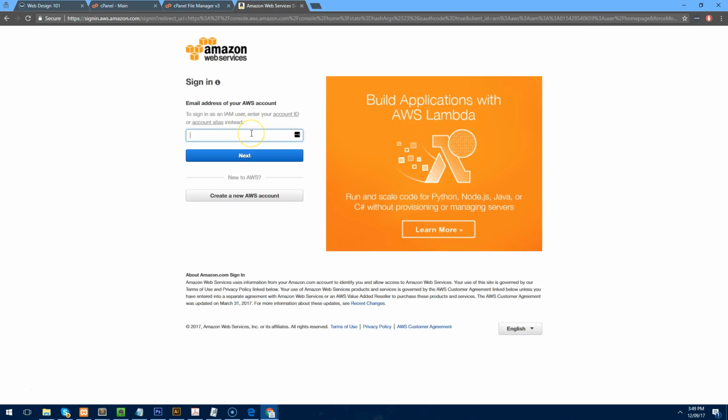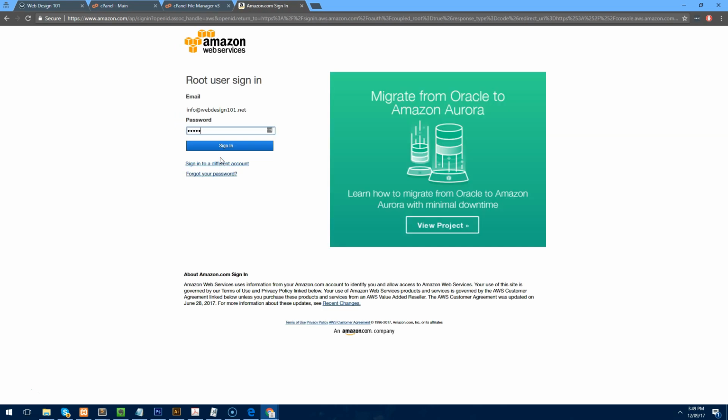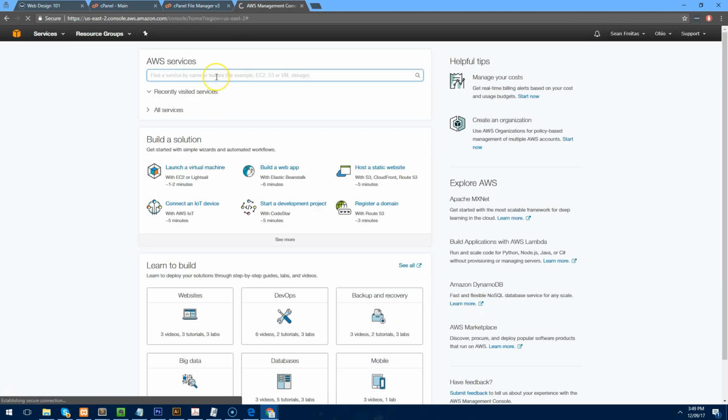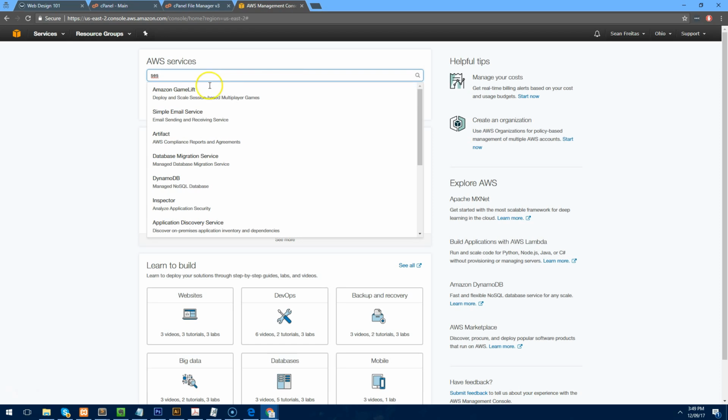And once the console launches, we need to then type in our email address and password once again. Then we want to do a search for SES, or Simple Email Service. So if we click on that,